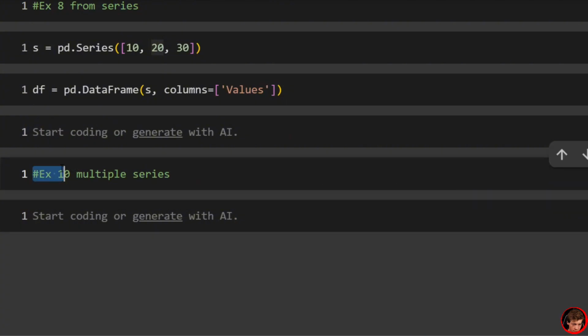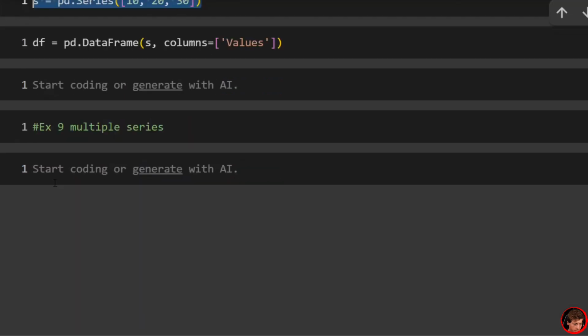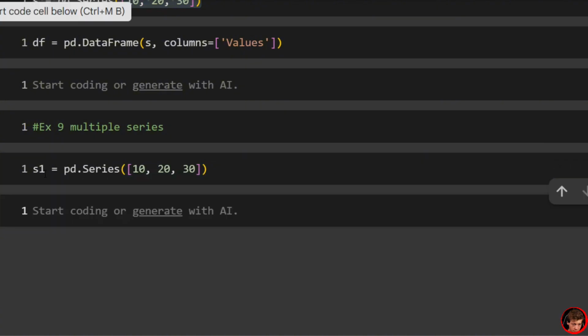This is example 9, not 10. So let me just fix that. Let's set up each of these over here. So we'll still say this. We'll make this as like S1. And then let's come up with S2. We'll say like S2